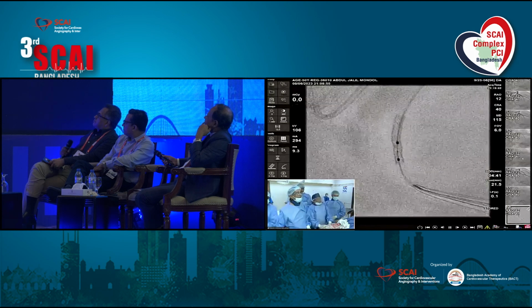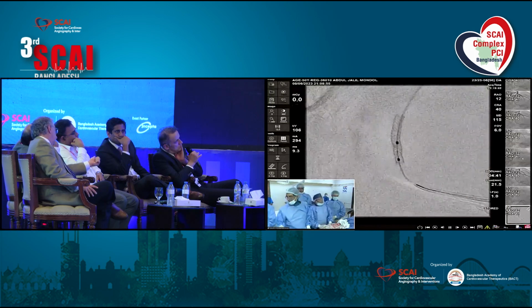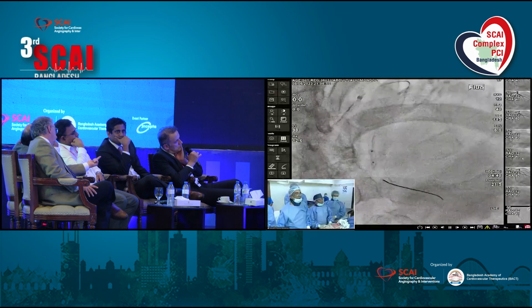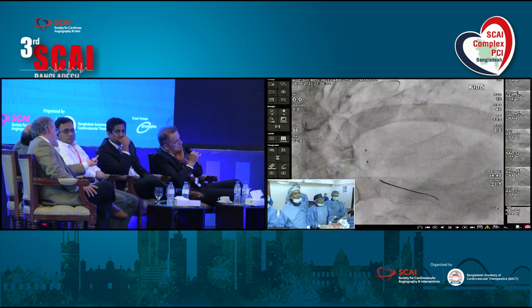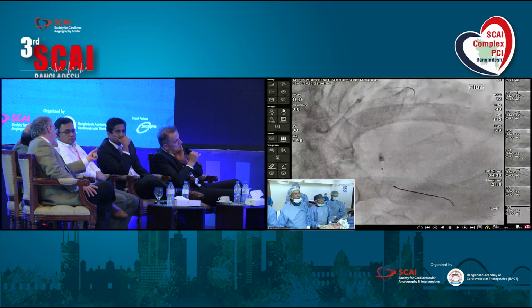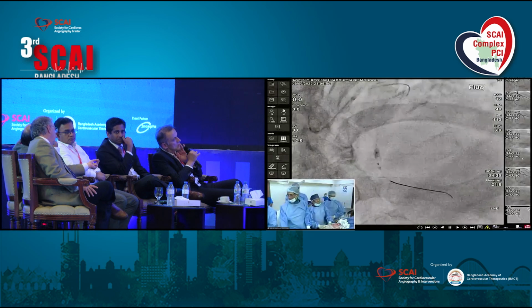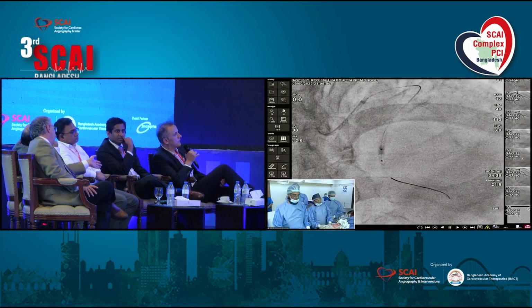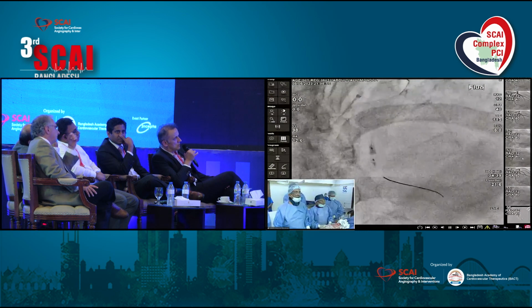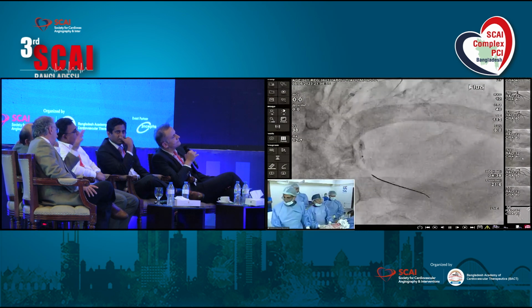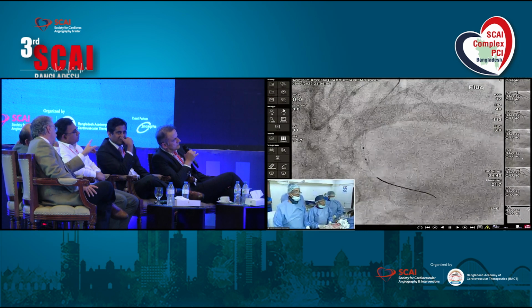As you can see, it is not that underexpanded, but we'll go up more using a 3.0 NC balloon right now. Go up to 12, please. And there is also a carb. Go 12. Okay. Which size is it, Ramesh? Okay, 3.0 NC balloon. Nice. Stent was also 3 or 2.75?